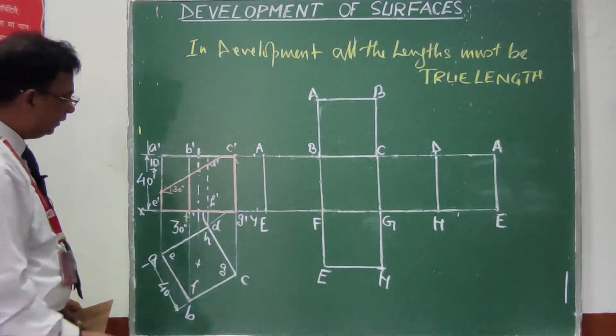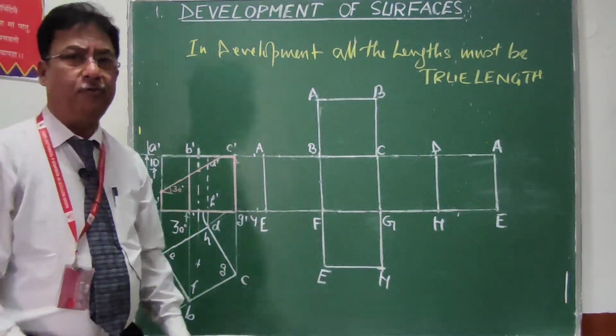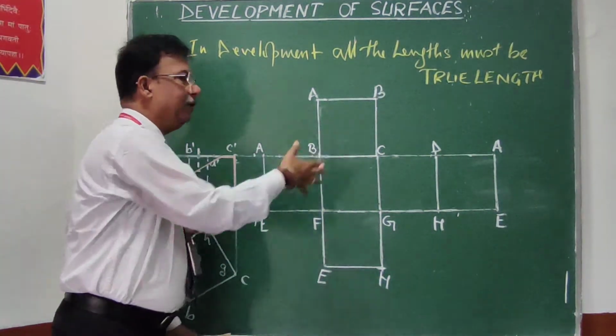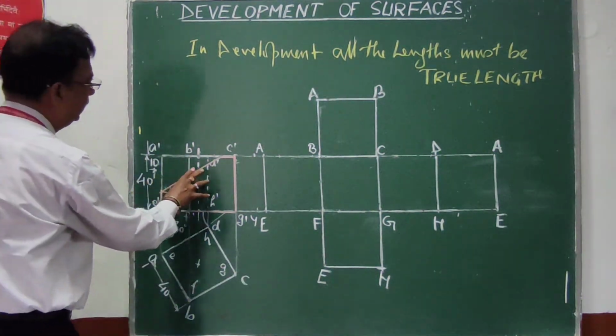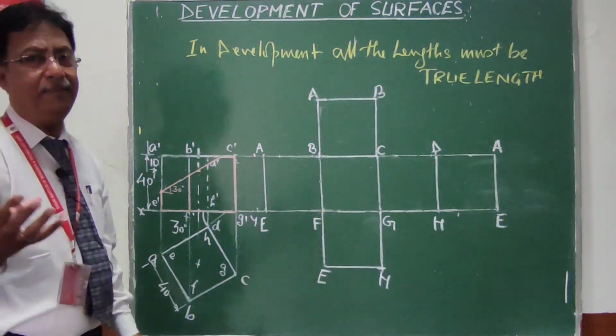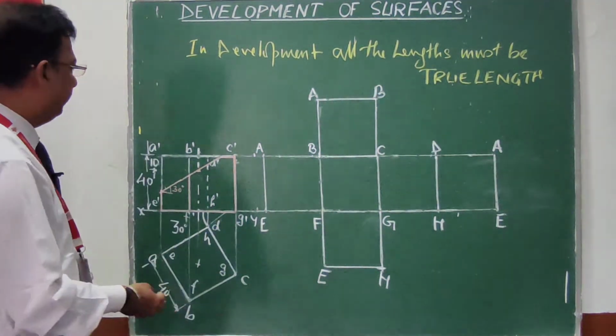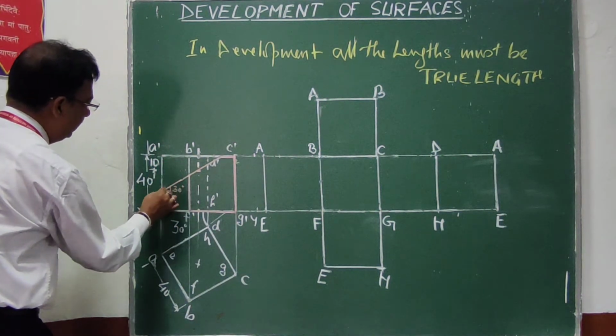So now if you look at the figure, we want to develop this solid. So what we will do initially, we will develop the complete solid, which I have already done. Now I am going to shift this part into the development. So the method will be again with the help of section of solid. If you know, remember that we will mark those points. So thus this edge will be cut by this section plane.